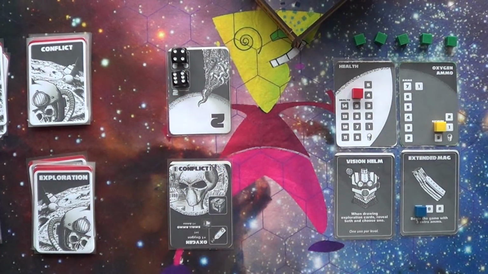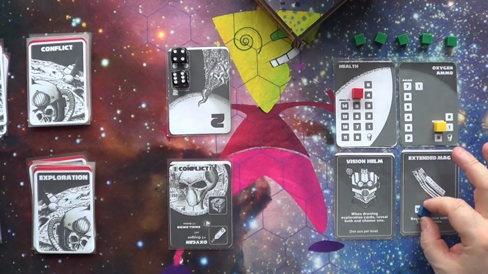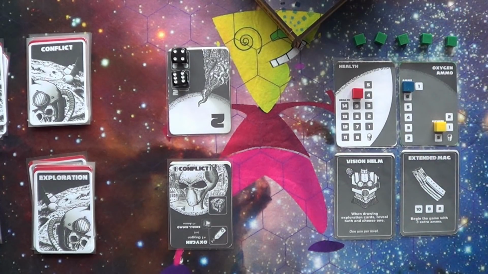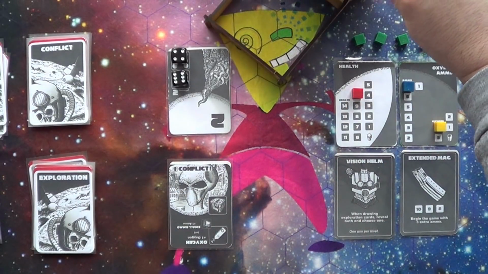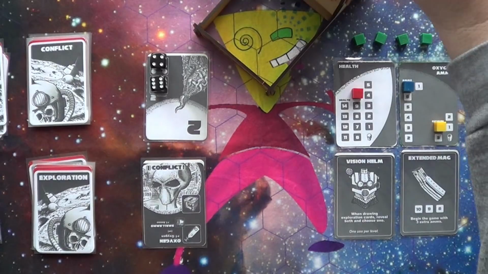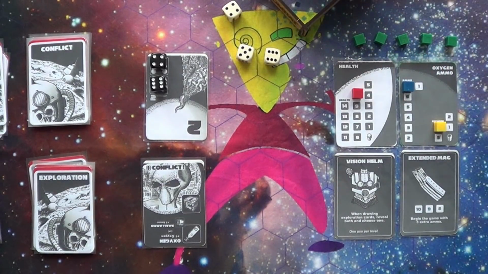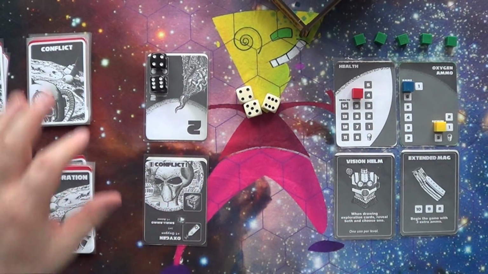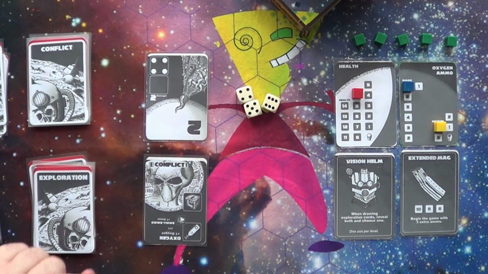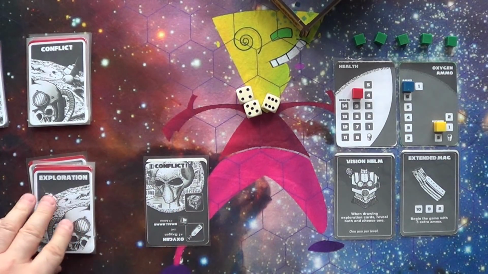1, 2. Let's go with, let's try 3. So 1, 2, 3. Allows me to roll. Let's see what I get. Okay, here we go. Oh ho ho ho! Yes, look at that. In one shot. I've managed to kill the alien, and we get a large crate, so we turn this over